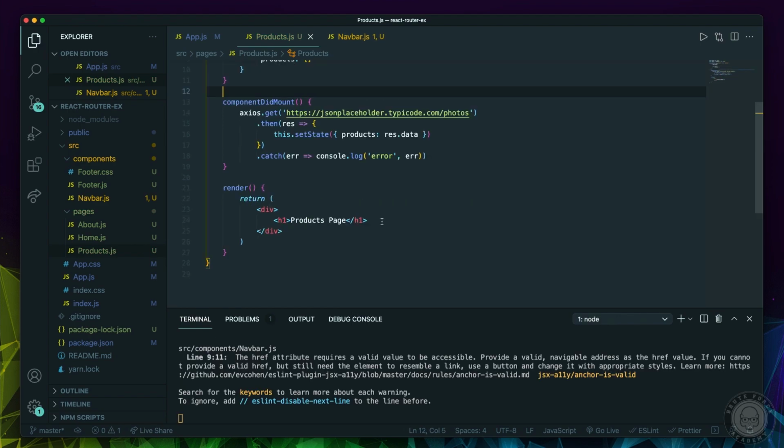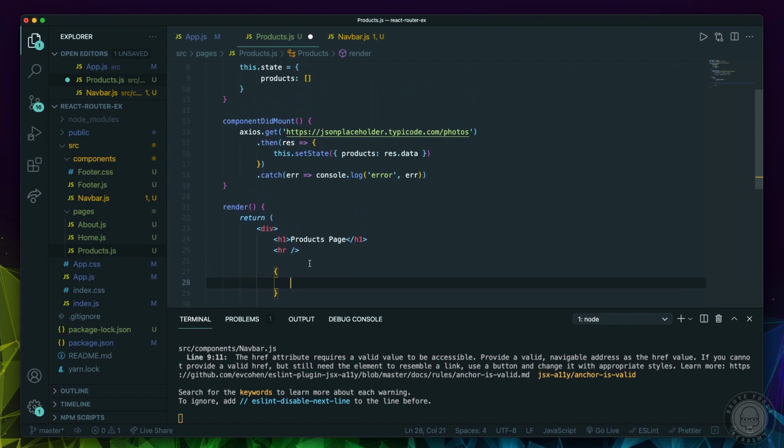Okay, so now all we really want to do is come down here. I'll go ahead and make a horizontal rule. And then I think I'm just going to do this inline. I'm not going to make a helper function. I'm going to be sloppy today. No judgment, please. But what we're going to do is put some curly braces so we can evaluate this expression